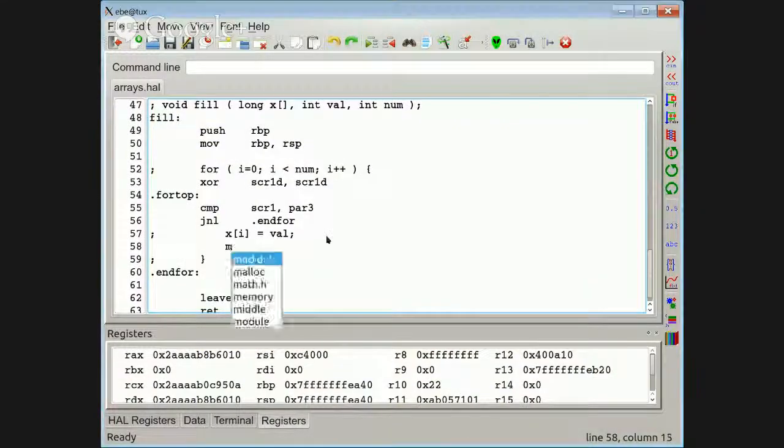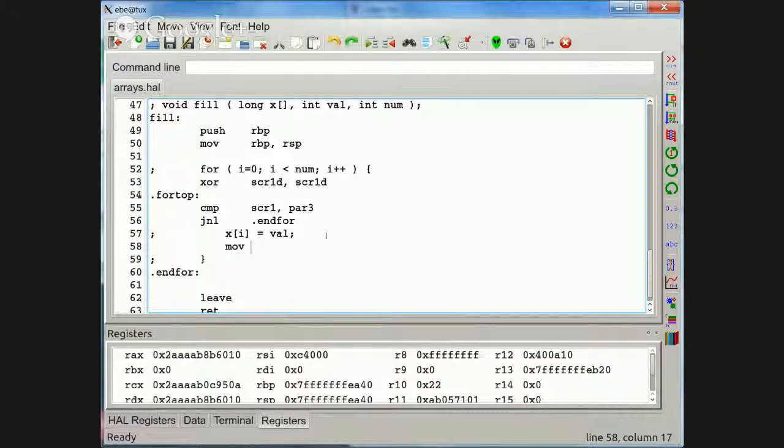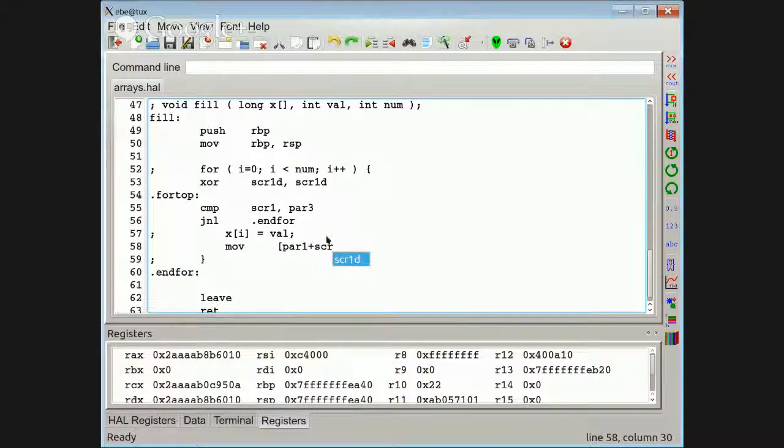Well, that's going to be something. Move into the register, which is PAR1, the register for that, and scratch 1. I prefer to put the 8 on the other side. How about 8 times scratch 1? Scratch 1 is I. So we get that,